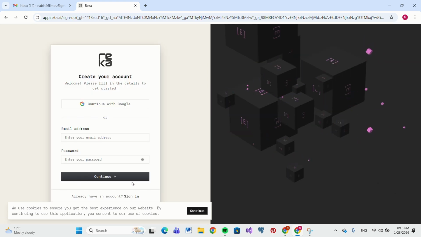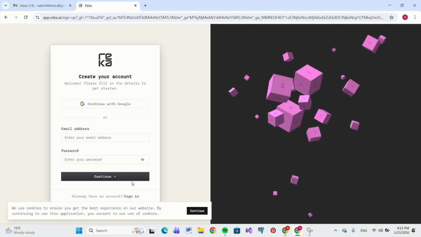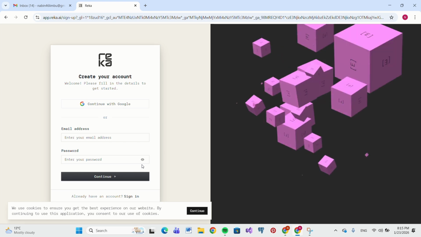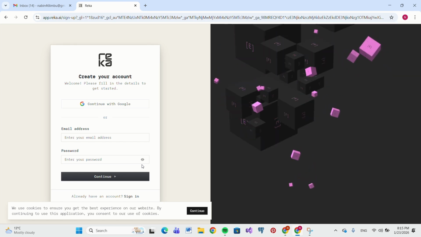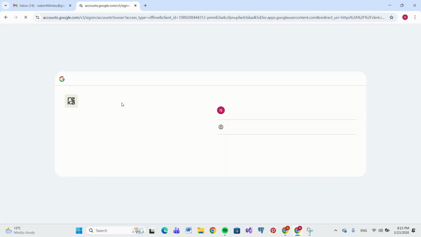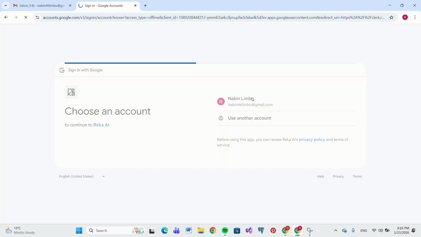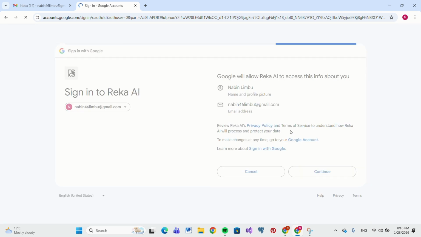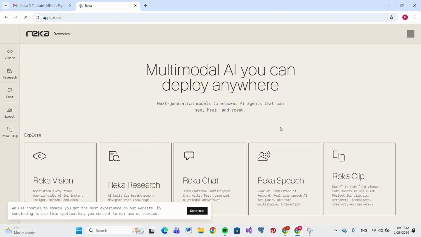This will open the create an account page. On the sign up page, you will see two options, continue with Google and email address. You can choose either method to create your Reka AI account. If you choose continue with Google, then you will be redirected to a Google account selection page. Now select your Google account and a confirmation message will appear. Tap on continue. Once confirmed, your Reka account will be created automatically and you will be redirected directly to the